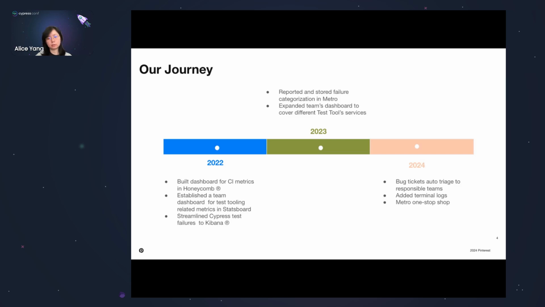We call it Metro internally. And we also collaborate with test owners team to make it accurate, like the calculation, make it accurate. And we also have predefined queries for common failures on Kibana for faster search. And continuing expanding our team's dashboard to include other tooling information like test accounts, utilization, and the checkout release request